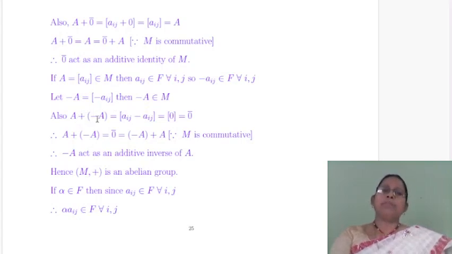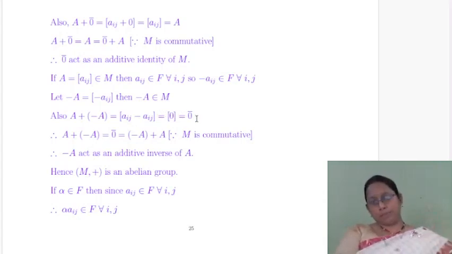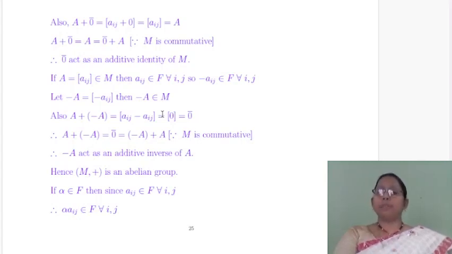Then A plus minus A will be this. Here I am writing directly Aij minus Aij. Do not write this directly, but instead you should write square bracket Aij, then plus, then within bracket minus 1, then square bracket Aij, because in case of matrices, subtraction is not defined. We define subtraction in terms of addition. That is, we write A plus minus B; A minus B we cannot write in matrices. We can write A plus minus 1 into A.